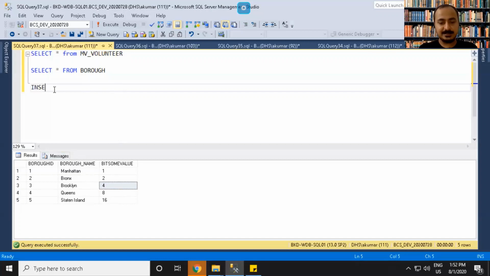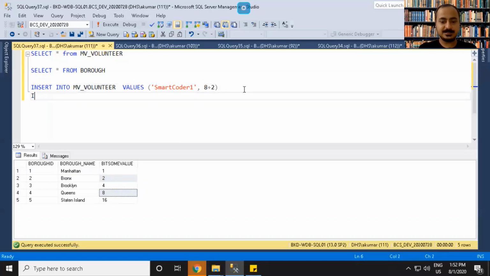Let's say I'm inserting a value here: insert into MV underscore volunteer values, the name of the volunteer, let's say smart coder, and the bit sum value would be, let's say he is working in Queens and Bronx. So what I will store is 8 plus 2.